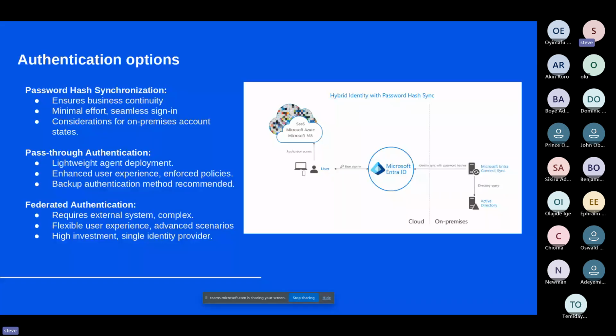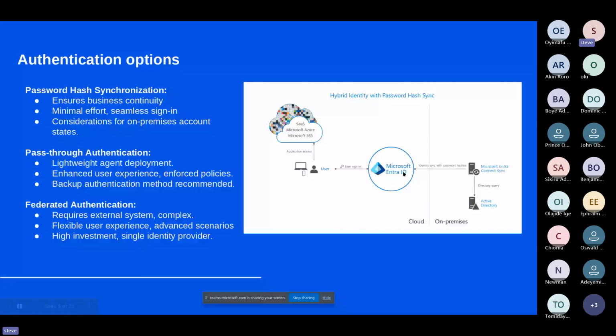Now let's take a look at some authentication options that Microsoft provides for your cloud and your on-premise authentication. When we talk about cloud authentication alone, that's where we look at using Microsoft Entra ID to handle our authentication. So if you have your Azure portal and you create a user, a group, and other identities, anytime you try to sign in, Microsoft Entra ID is the solution that helps you